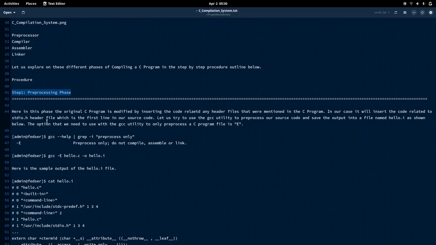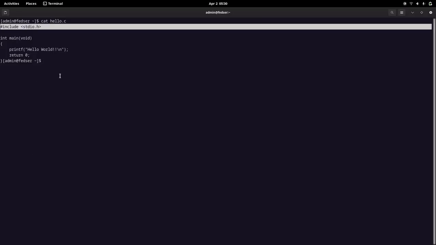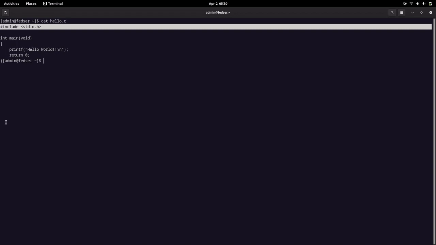What exactly I mean is, let's say you have a header file included in your program. In my case, the first line is #include <stdio.h>. The preprocessor takes this standard io header file and inserts that code in this place.